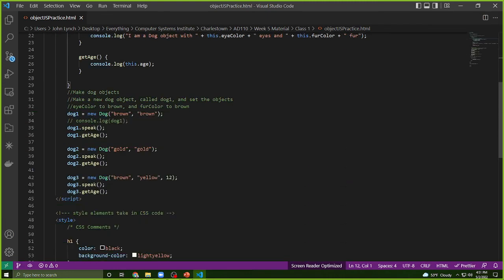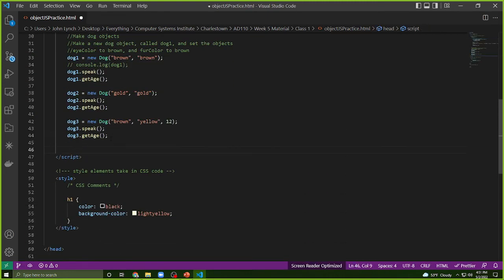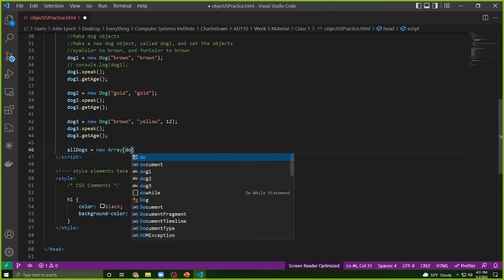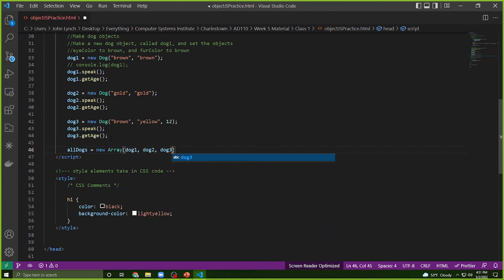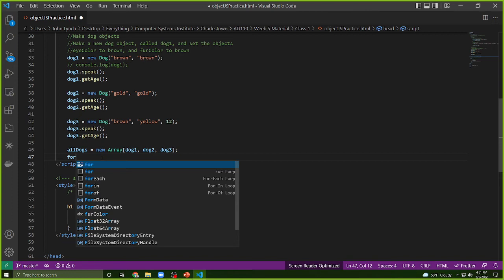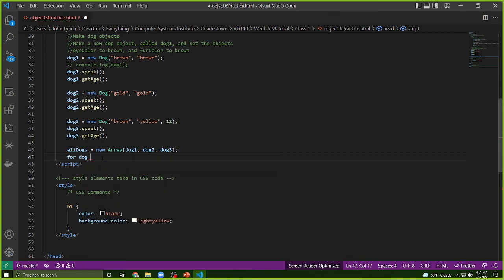Cool. So you'll see down here that I made these different dog objects. What I could say here, I can create a new array. And I can actually go ahead and store the objects that I just made into this array. Now, why is this important for me? Well, what I can do here is loop over them pretty straightforwardly. So I could say for dogs,